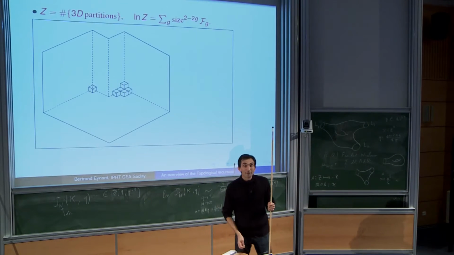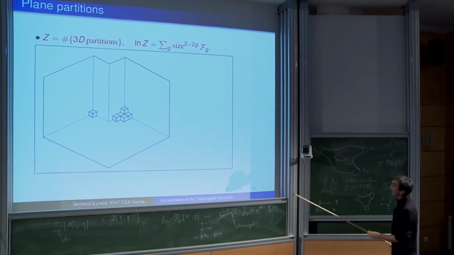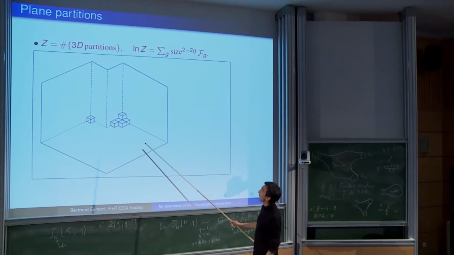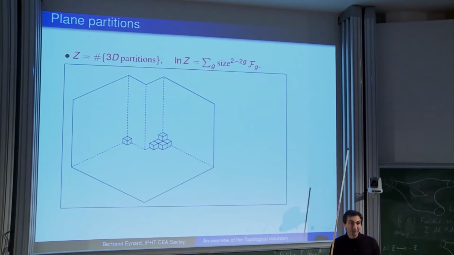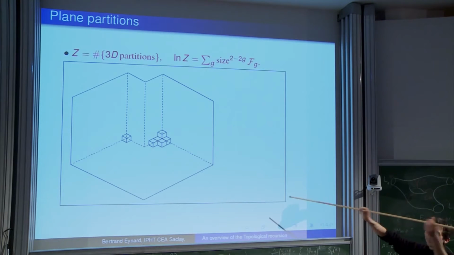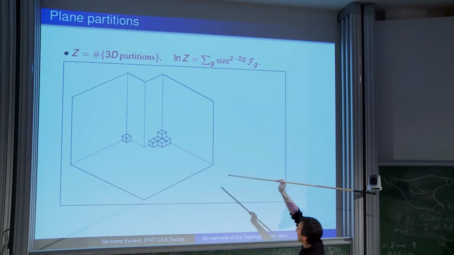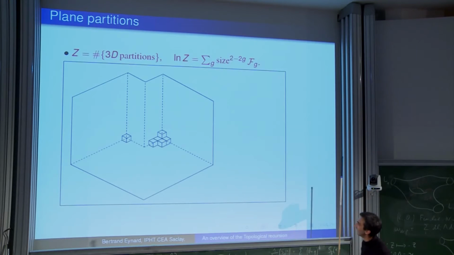Let me go to another example, where you want to count 3D partitions. Plane partitions, as people also call them, are where you put boxes in the corner of a room. Sometimes you want a room which has corners itself, let's say with a chimney, a room which is not necessarily a square. You start to put boxes, and they fall from the sky, randomly, from this direction, and they go to the bottom.